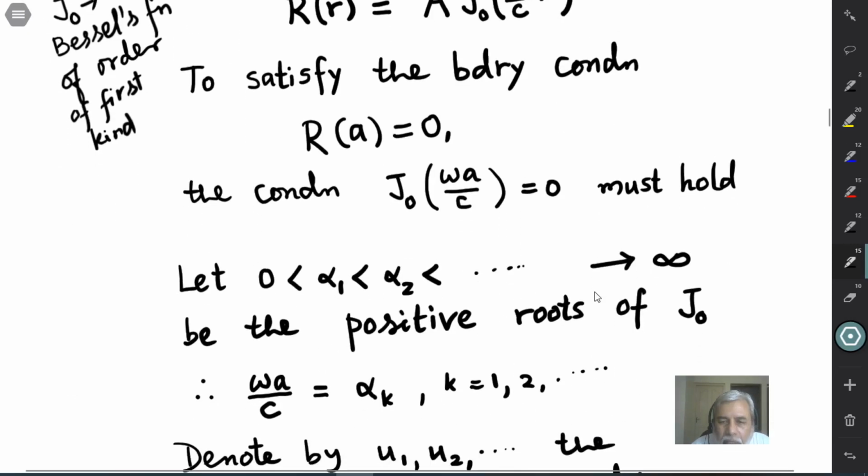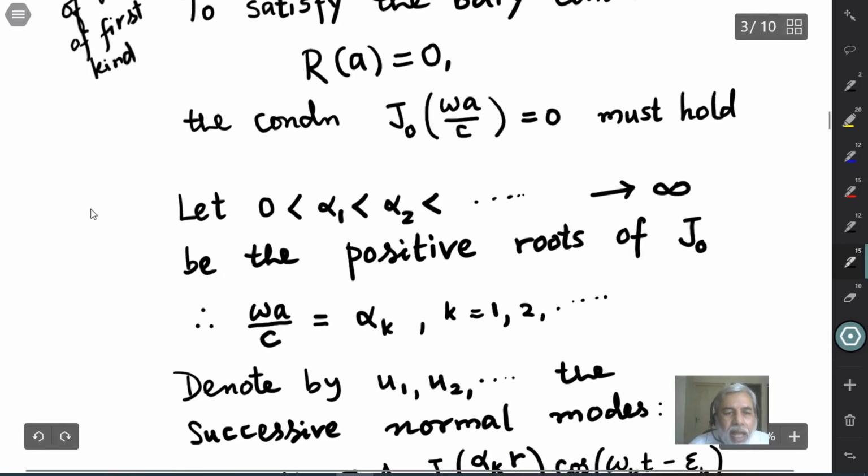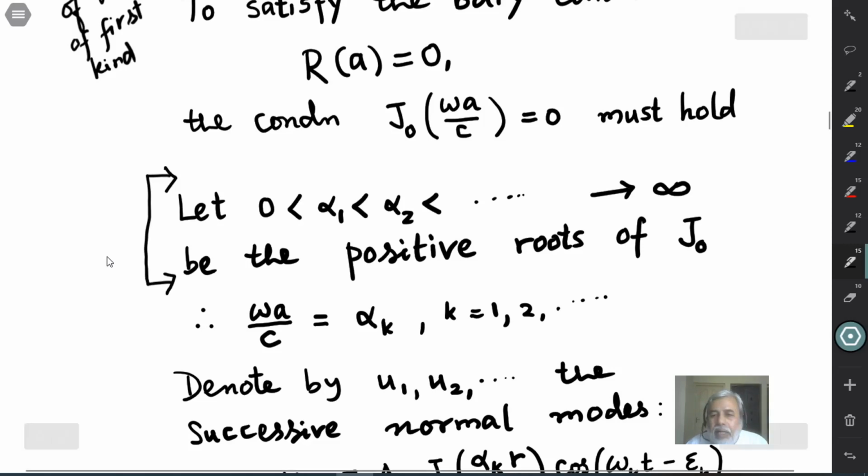Okay, but we already know that the Bessel function has an infinite number of zeros, so that's okay. This information we already have regarding the Bessel function J0. It has an infinite number of positive roots, and they tend to infinity, so they are not bounded at all. So this omega A by C has to be one of these roots, because this condition must be satisfied,